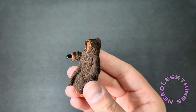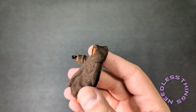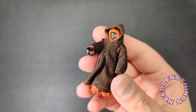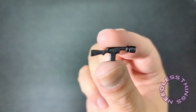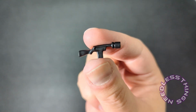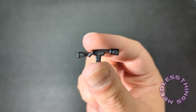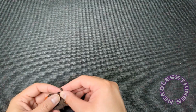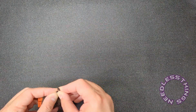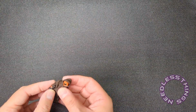And you might say, well, it's so small. Why does it cost the same as the other figures? Just, that's how it is. And then this one, I don't remember the Jawa that I had when I was a kid having a gun or a blaster or whatever. But this one does, and it looks great. And it fits right in the hand there